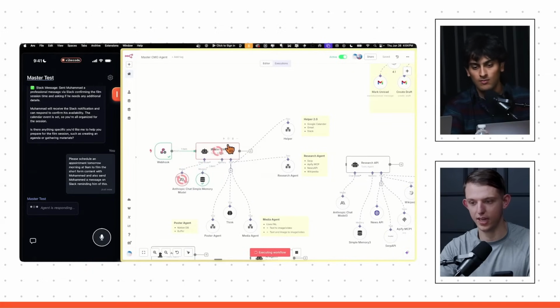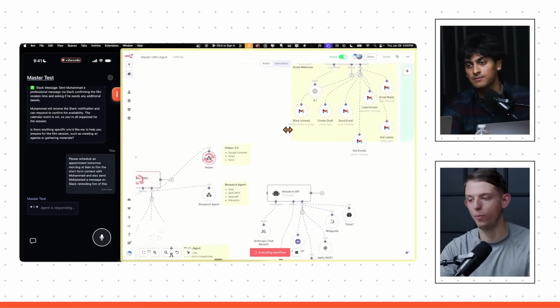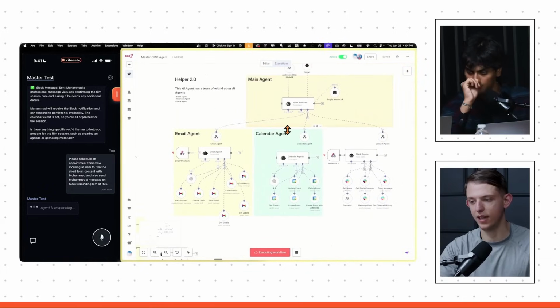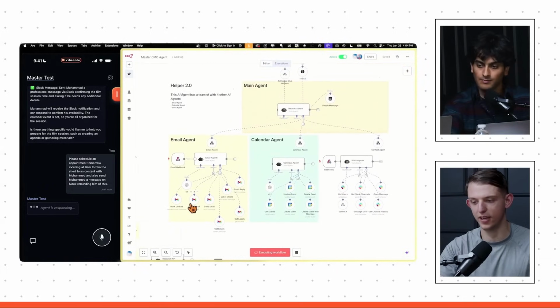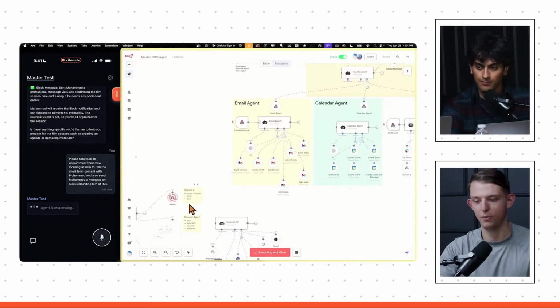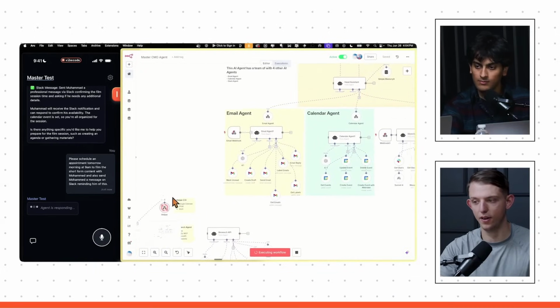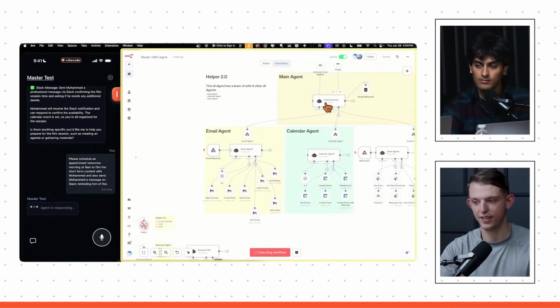Now the agent is thinking. It sent it through the webhook. Anthropic is thinking. Now Helper is working. It's not going to light up here, but it is going through this entire process. So we have basically an agent handed it off to another agent that is now thinking, and it's going to delegate it to 2 other agents. And that can go on, in theory, for as long as you want. Yeah, that's insane.